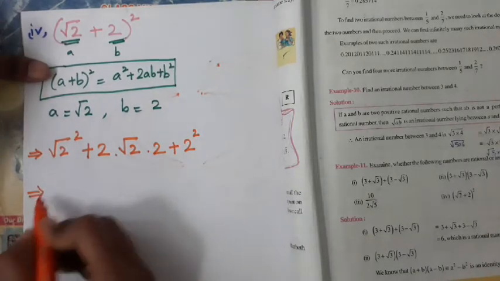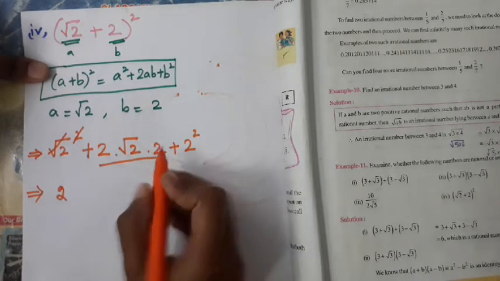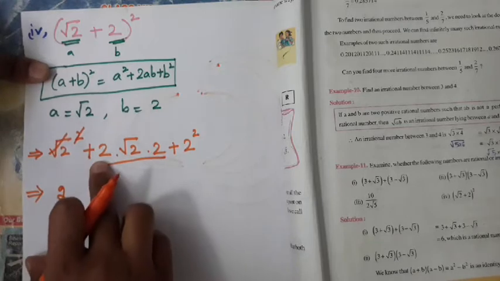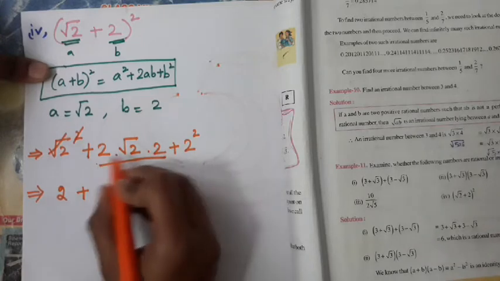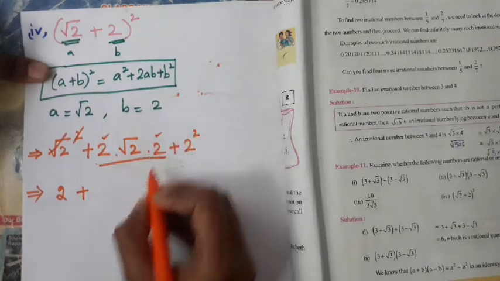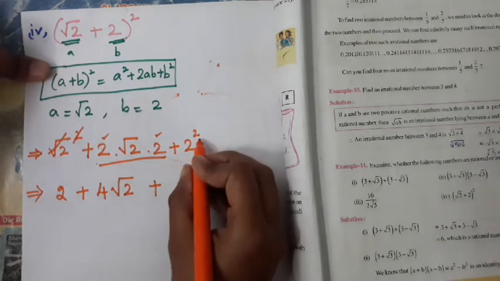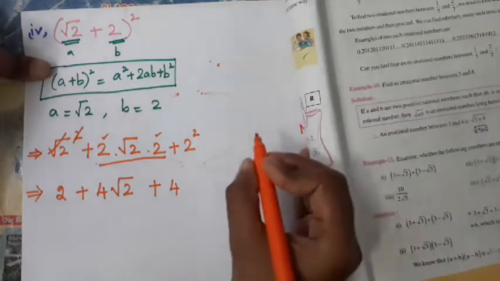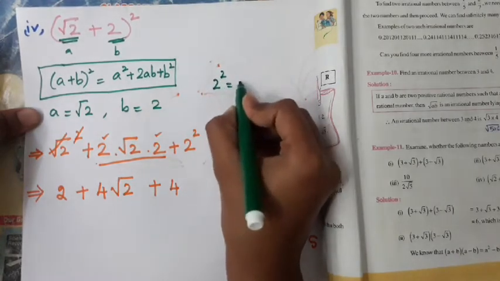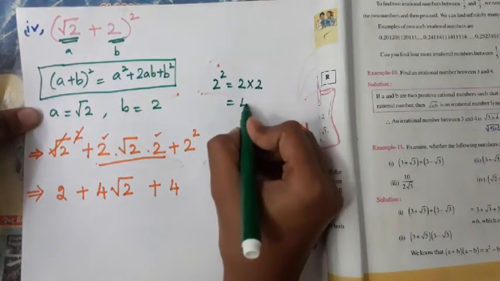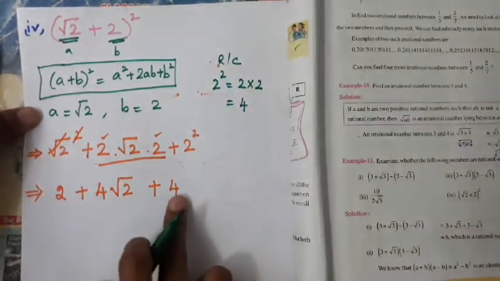Now here square and root we can cancel. So what are we left over with? 2. These all are in multiplication, so we have to multiply first. 2 and 2 we have to multiply. As they don't have any roots, we first multiply the numbers. 2 2s is nothing but 4, root 2 as it is. Plus 2 square is nothing but 4. 2 square is 2 into 2, 2 2s is 4. So 2 2s are 4 I have written.